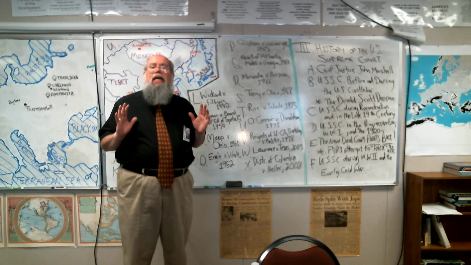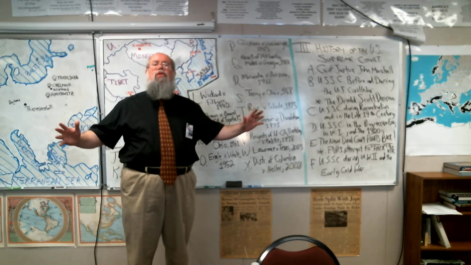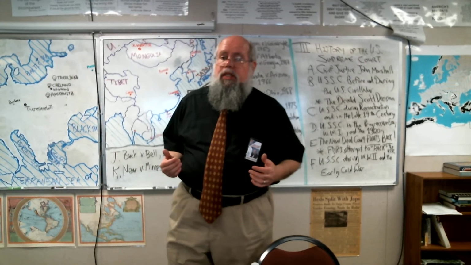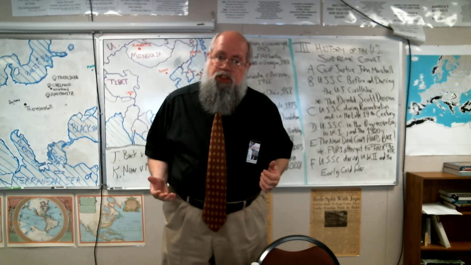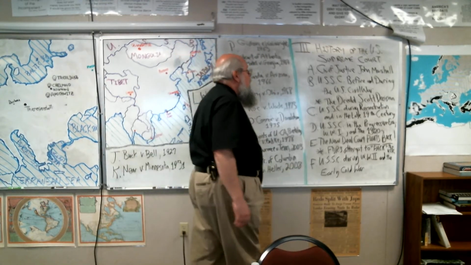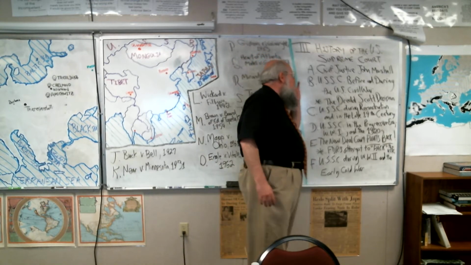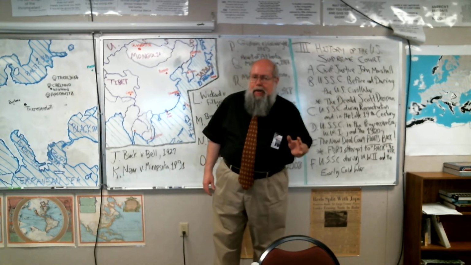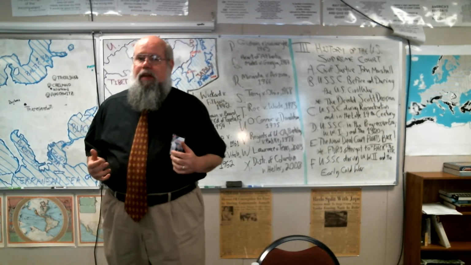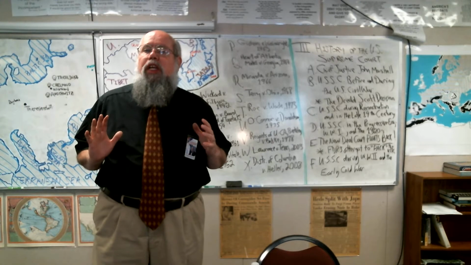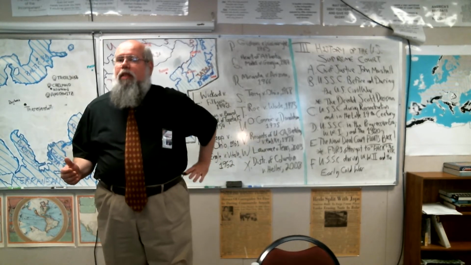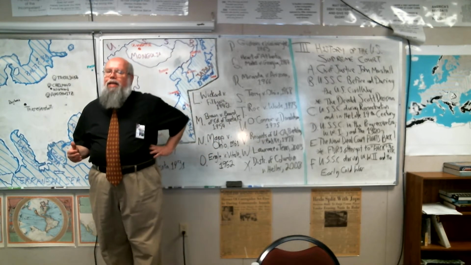So, John Marshall is going to sort of loom over, and his period, like many periods in the court's history, will be named after the Chief Justice. In this case, it will be called the Marshall Court years. Now, during this period of time, Marshall and the other justices of the Supreme Court are establishing the role of the Supreme Court itself, particularly with decisions like Marbury versus Madison and others,